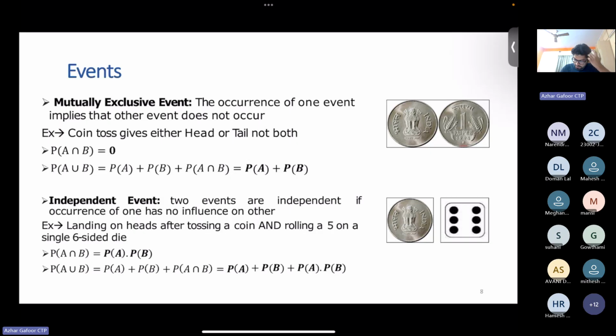So the independent event. Two events are independent if the occurrence of one has no influence on the other. Like the two events can be landing on heads after tossing a coin and rolling a 5 on a single six-sided die. Those two events are independent because if you toss a coin and roll a die, one does not affect the other, unless they collide with each other or something. All right. So in such cases,